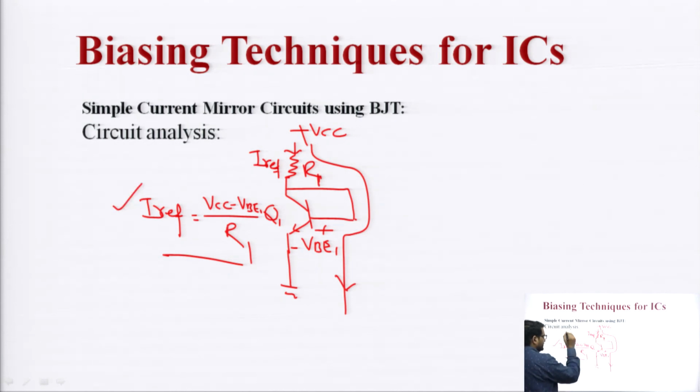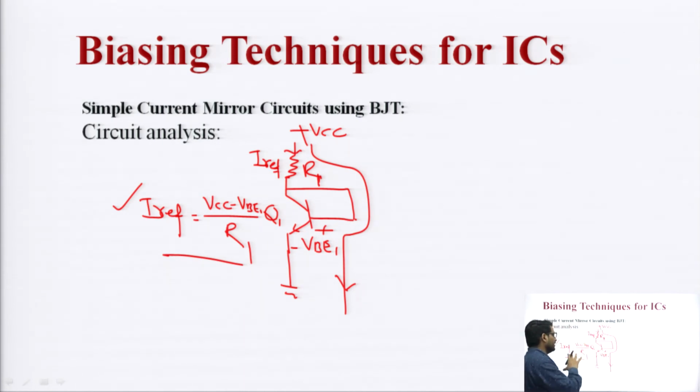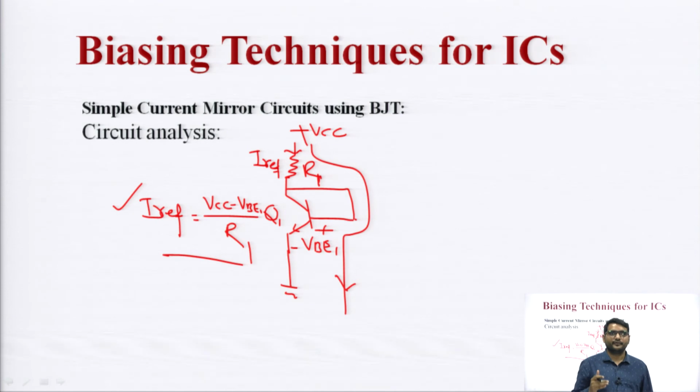Okay. If we calculate the value of I reference, we obtain the output current for a current mirror circuit. And this output current of a current mirror circuit is used to stabilize the differential amplifier and all stages of the operational amplifier. So, this is the circuit we use in every stage of the operational amplifier in IC 741.